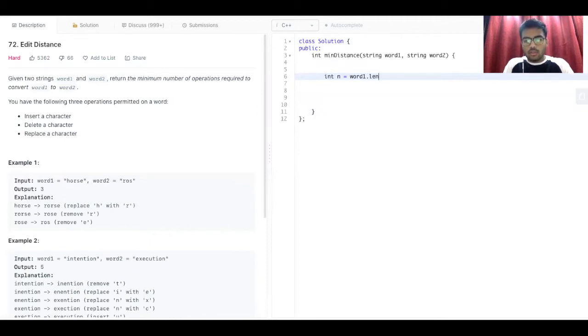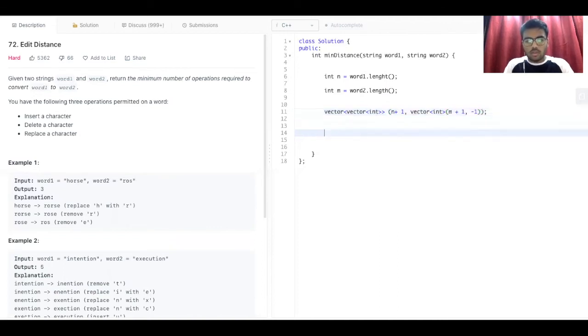So n will be equal to word1 dot length, m will be equal to word2 dot length, and then we'll create a DP which will be a 2D DP because we have to compare two words. So n plus 1, m plus 1, and we'll initialize it to -1.